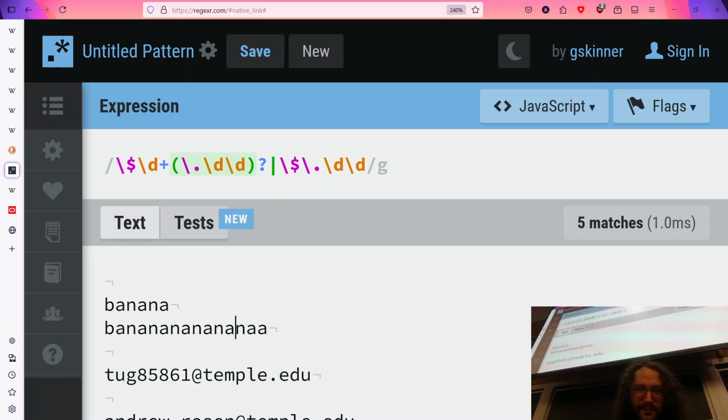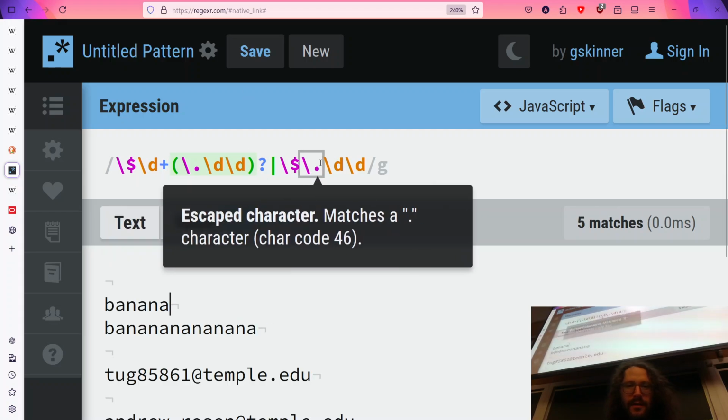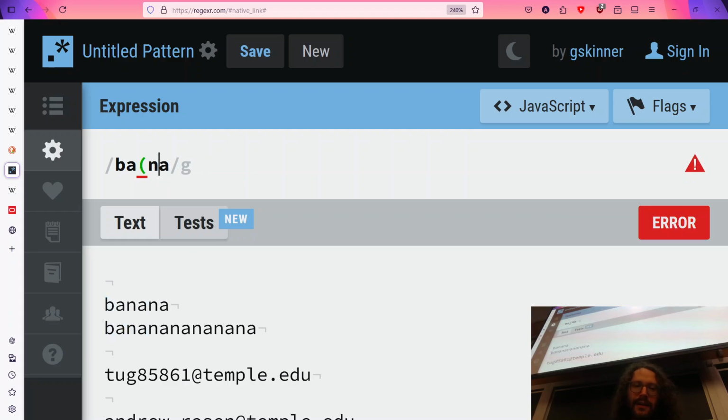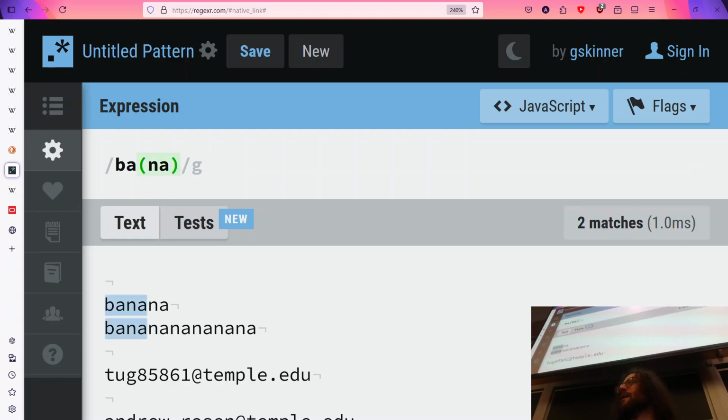Okay, so let's go ahead and see this. Banana, right? Now this is a good example because we can take a look at this na over here, and just look at the na. The na is repeated in banana and banana na na na na, right?